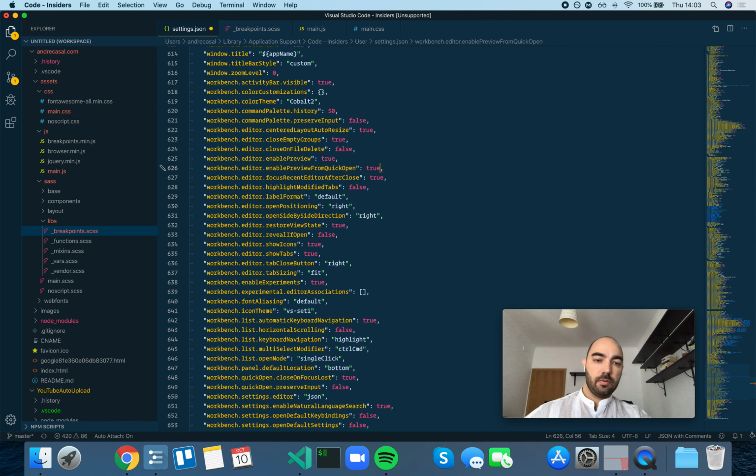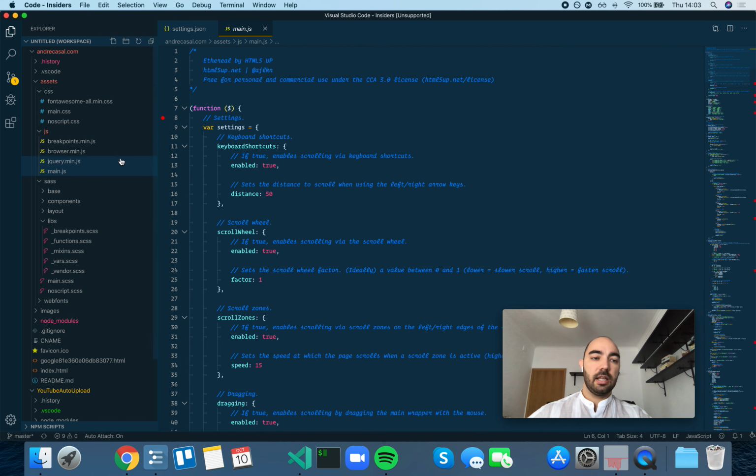All right, so Workbench Editor enable preview from quick open. Controls whether open editors from quick open show as preview. And you know what preview editors are, right? It's when you click a file and, well, actually this was already opened. When you click a file and it has this italic thingy,